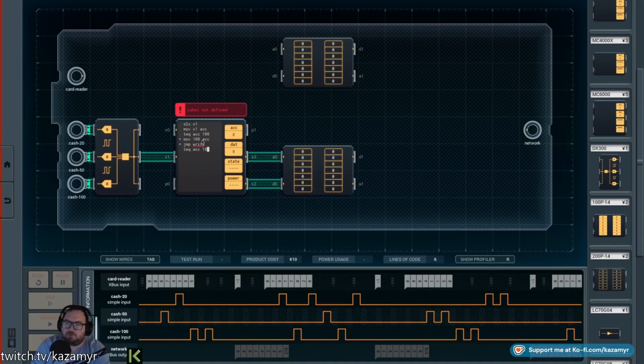Test equal accumulator 10. We're gonna move 50 into the accumulator. Jump right. And then we're gonna move 20 into the accumulator. And then we've got right here. So right is going to move dat over X3. And we're going to add